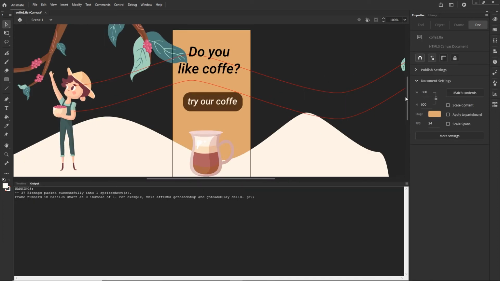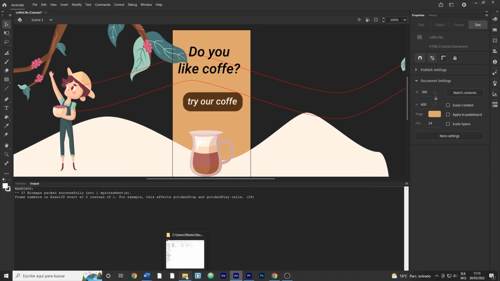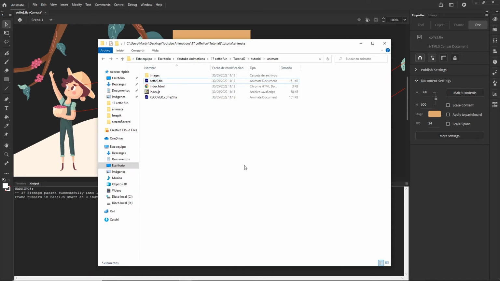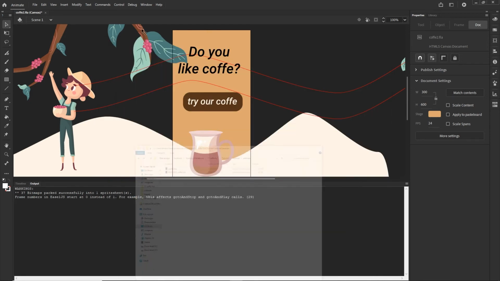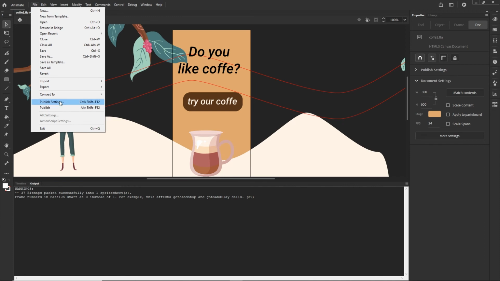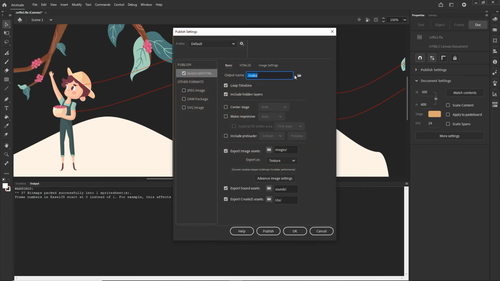So right now I'm going to show you how you can export this. I will go to the place where I have saved my Animate file, and you can see that I'm going to have here some JS, some HTML, and some images. So I'm going to get rid of them. I'm going to hit delete like so, and I'm going to stay only with the Animate file and with some recover Animate file. And right now I will go to File, Publish Settings,